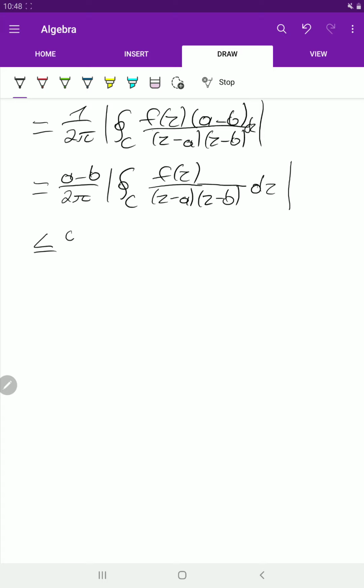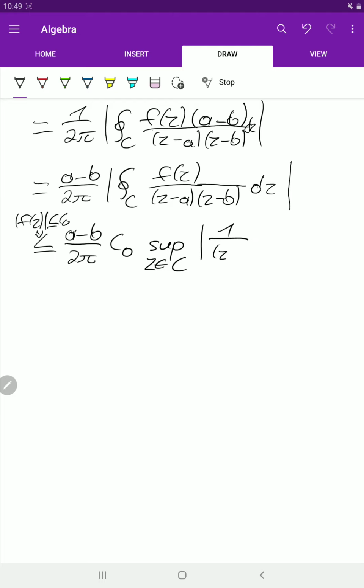So we say that this is at most a minus b divided by 2 pi, then times c naught, where we want to have that the modulus of f of c is at most c naught. So that's this constant c naught, and then we want to have the supremum of c in the curve, and then 1 over,